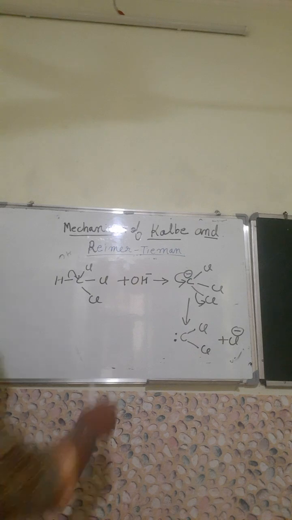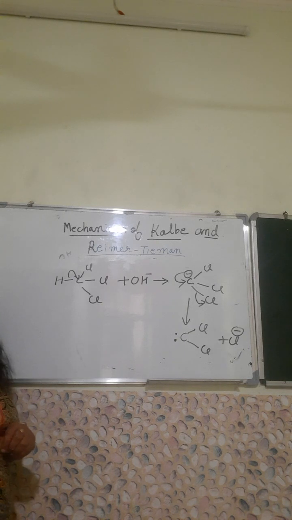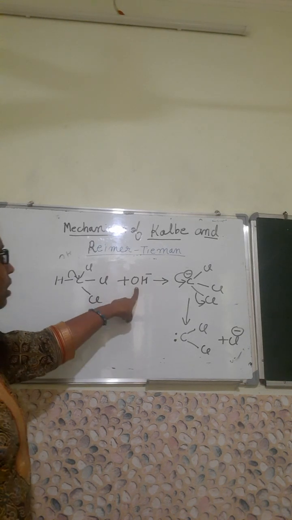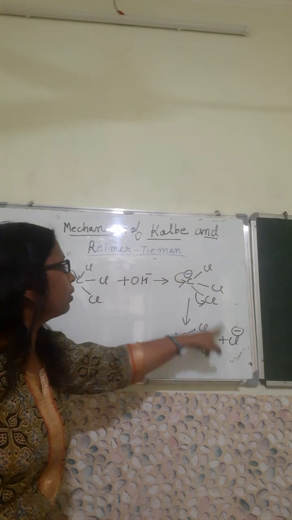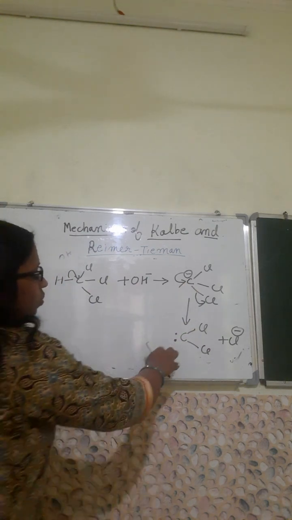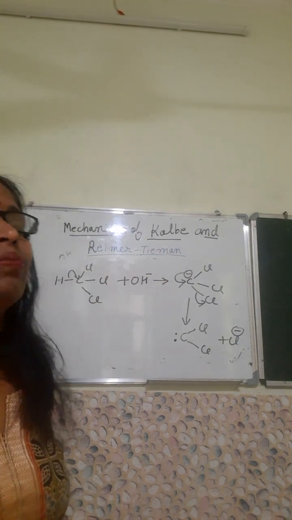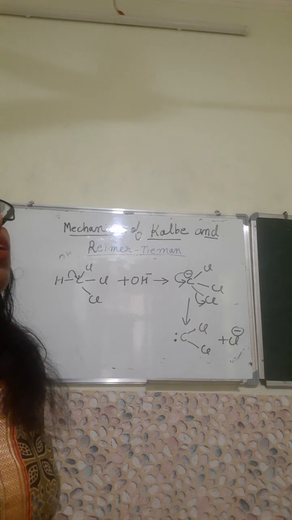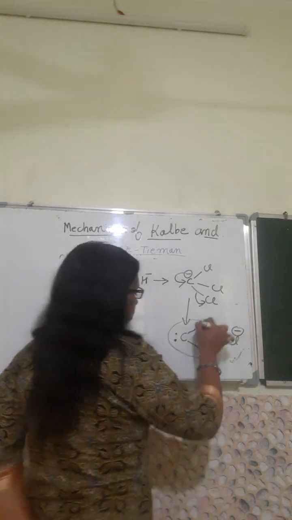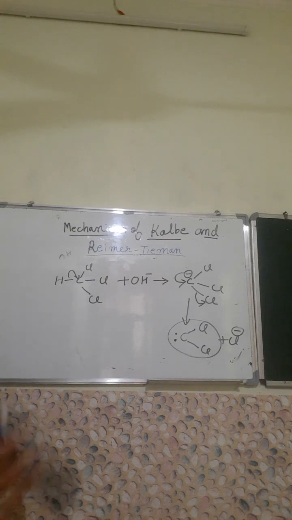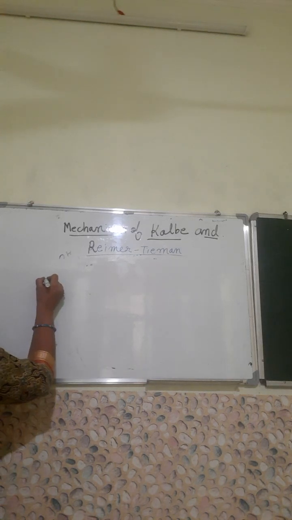Now, this dichlorocarbene attacks the phenoxide ion. First chloroform reacts with base, then there is a negative charge on the carbon, this negative charge eliminates chloride ion from chlorine, and the negative charge gives its electrons to the carbon. That's why this is called dichlorocarbene. It is a very important intermediate. In competitive examinations it is asked which intermediate is formed in the Reimer-Tiemann reaction. That is dichlorocarbene.